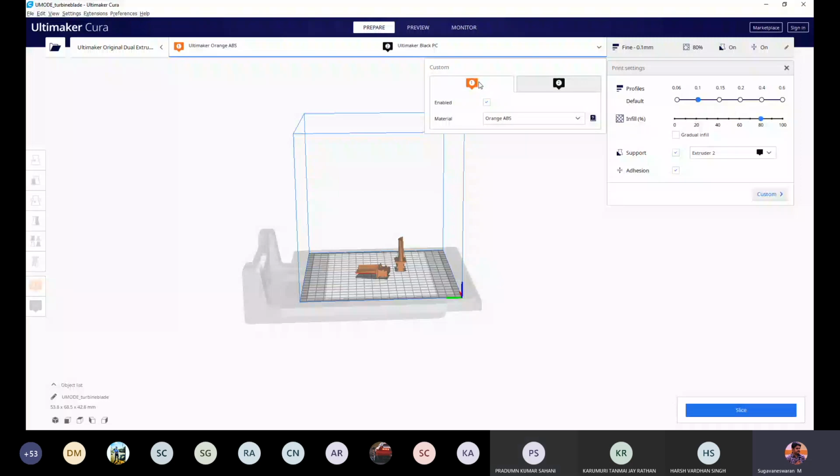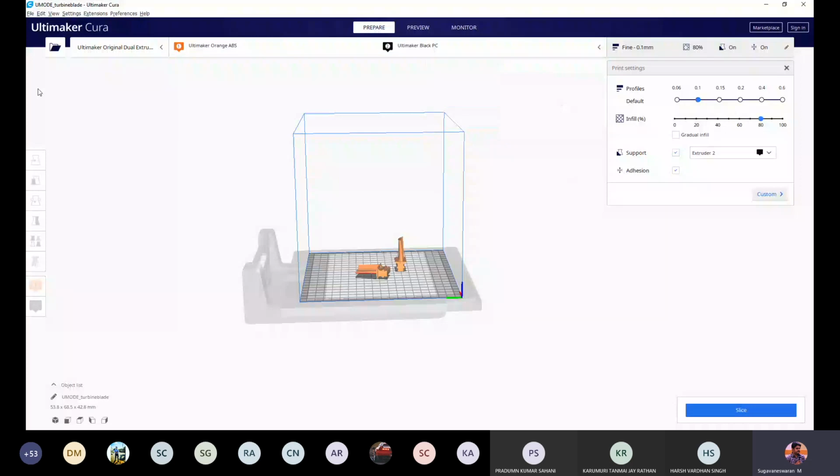Under first extruder, you go to material. Again, a drop down box will be there. Under material, we have selected Ultimaker, right? So you select Ultimaker, and it will display the list of materials available. So I have taken ABS. In ABS, different colors of ABS are also shown here. So in this, you can select orange. Is it fine for you? Okay. Just for demo, we have taken it as orange, so that it will be visible for you.